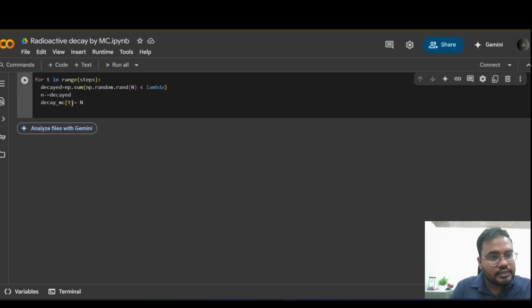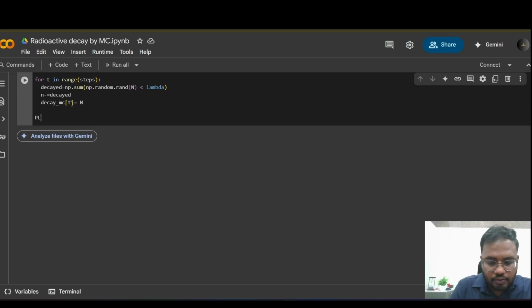Okay, so now it's time for plotting. So exit from the for loop and plt.plot, np.arange steps, decay.